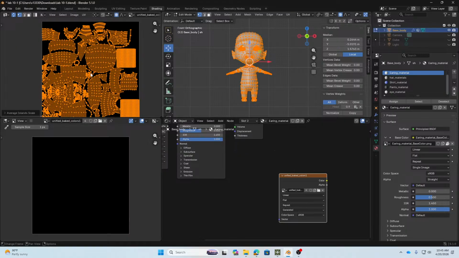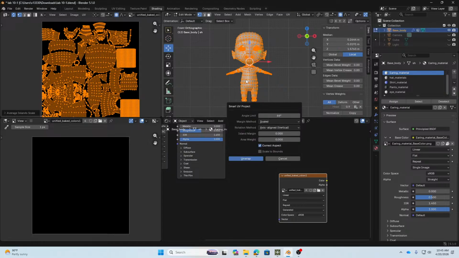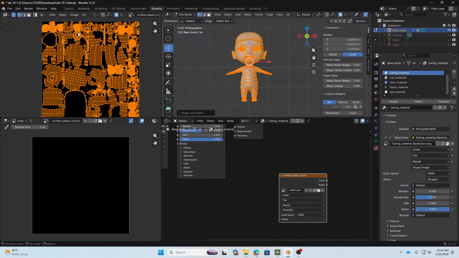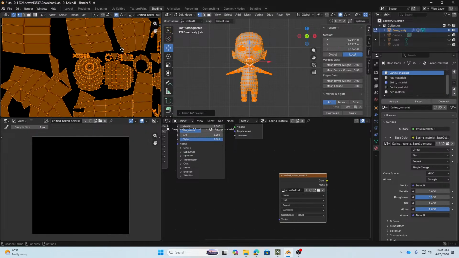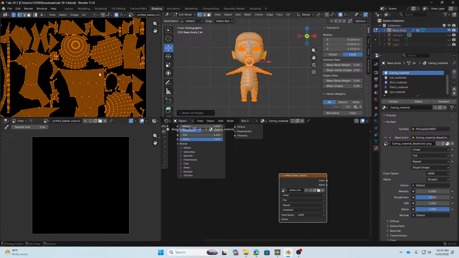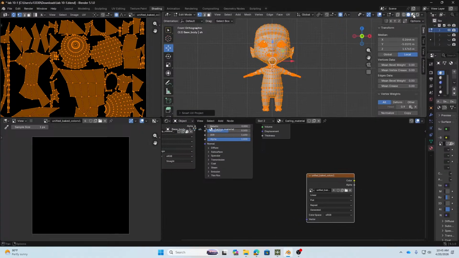YouTube? Yeah. Smart UV is not very smart because, let me tell you, let's do smart UV. You see that it's going to divide all of the UV map over here,